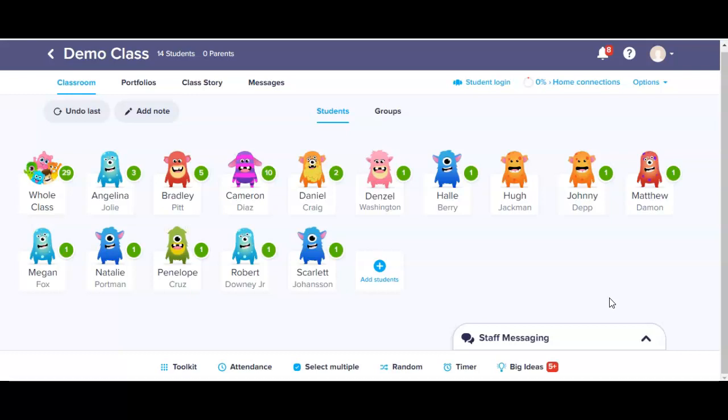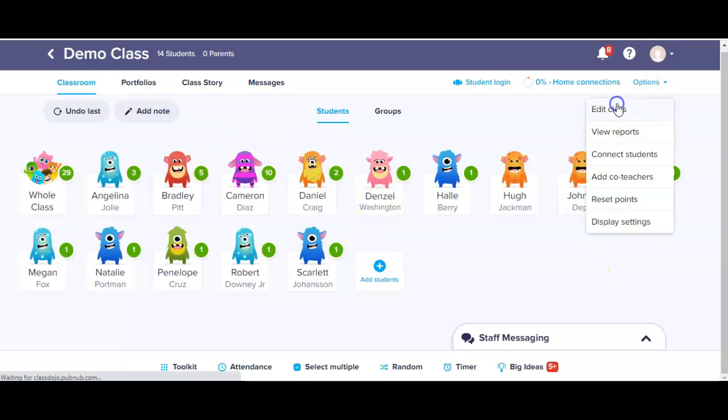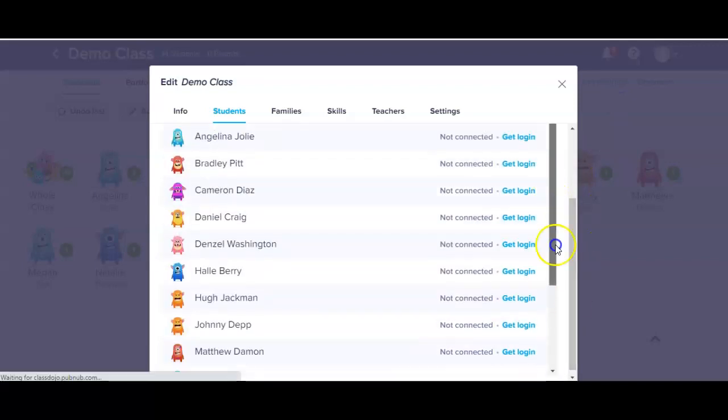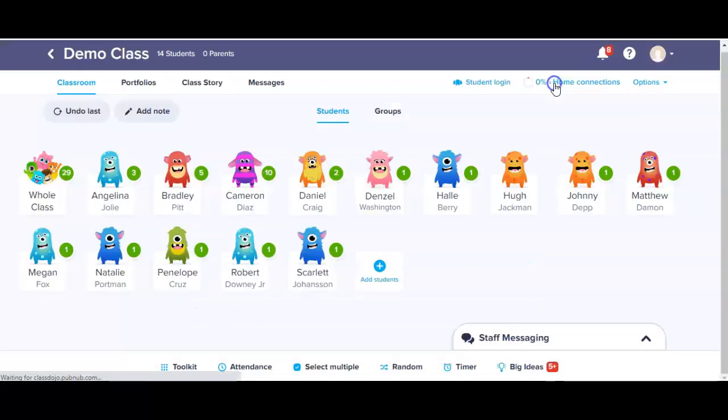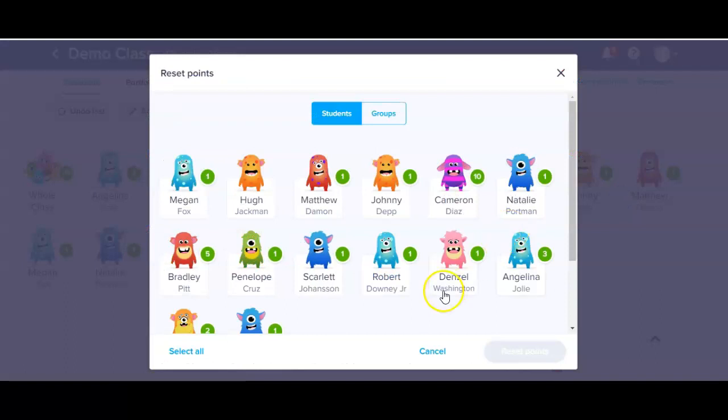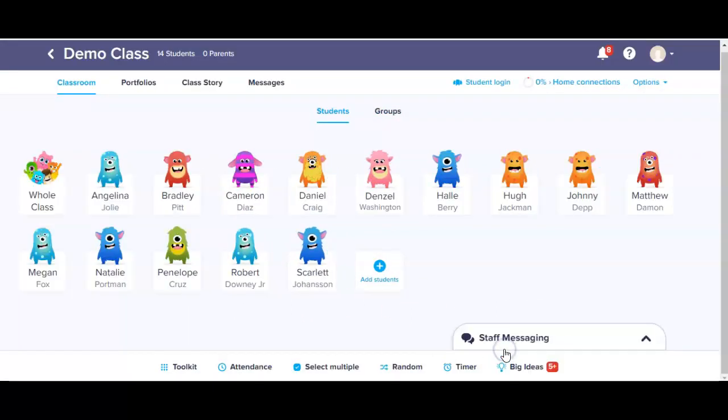Now understand, you don't have to make these points for just one class. We add these up each time you come to music, but we do it by month. At the end of the month, we start over. That means we go back to 0. So let's say that the month is over for this class. What I do is I go up here and I tell them that I want to reset the points. So I go down here, select all, reset, and so when the new month starts, everybody's back at 0.